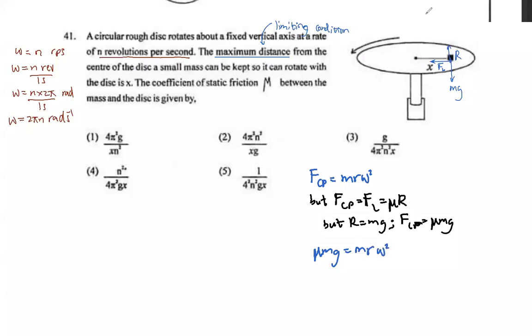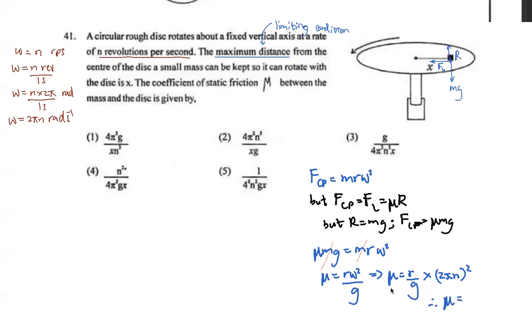Then we'll cancel out m and m, and that will give me omega. What am I supposed to find out? Mu. We have to find mu, so we'll make mu the subject. Mu is equal to r omega squared over g. So mu is equal to r over g into omega squared, which is 2 pi n whole thing squared. So mu will be equal to